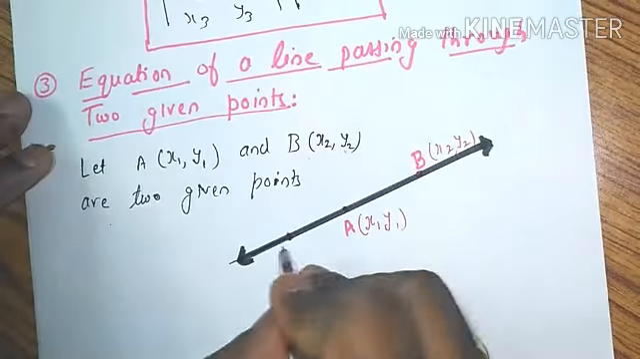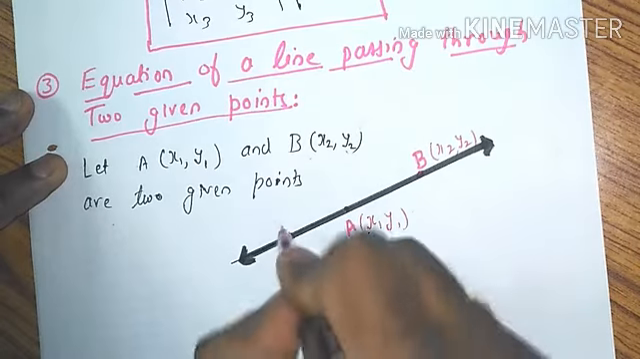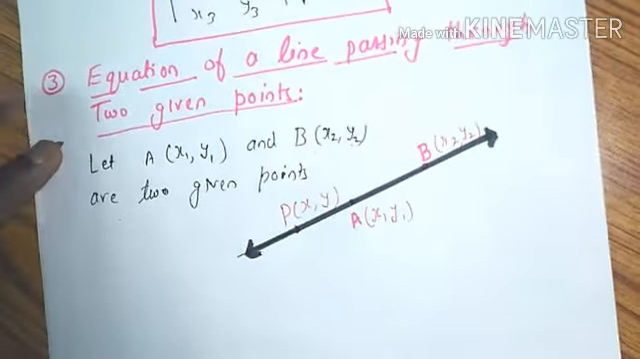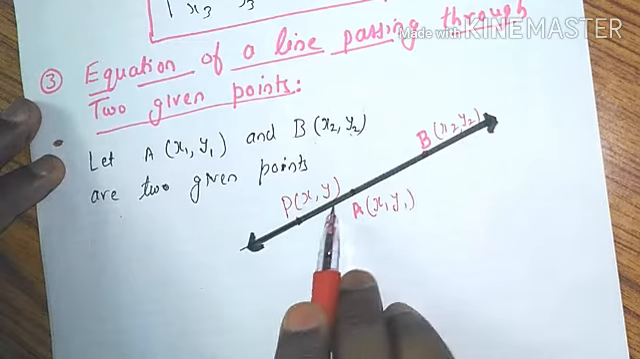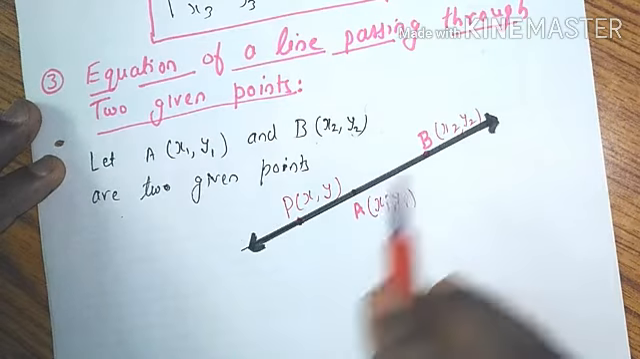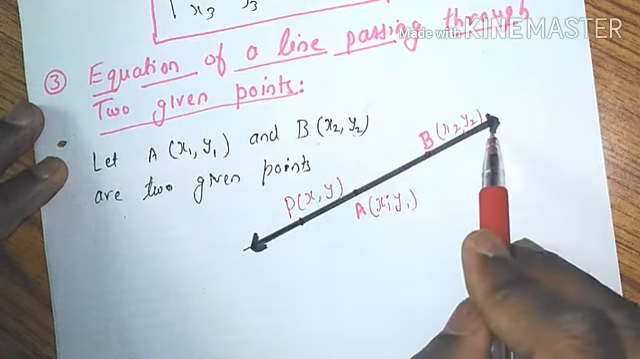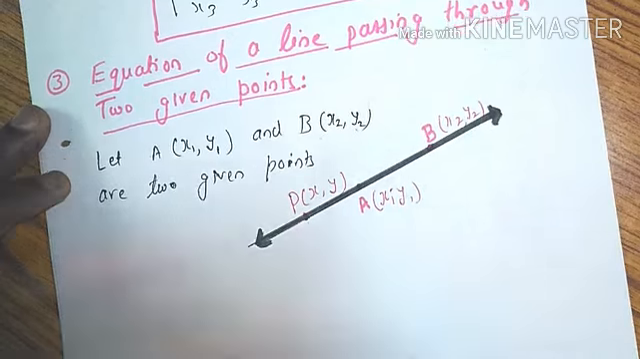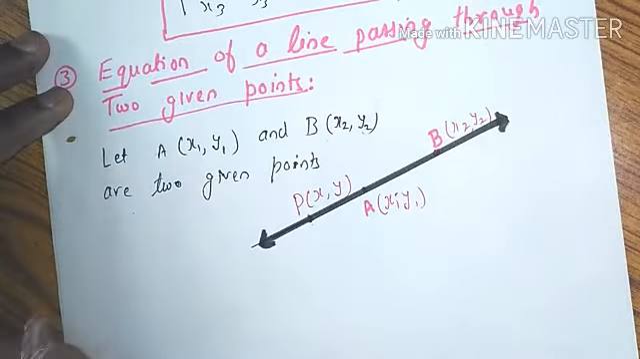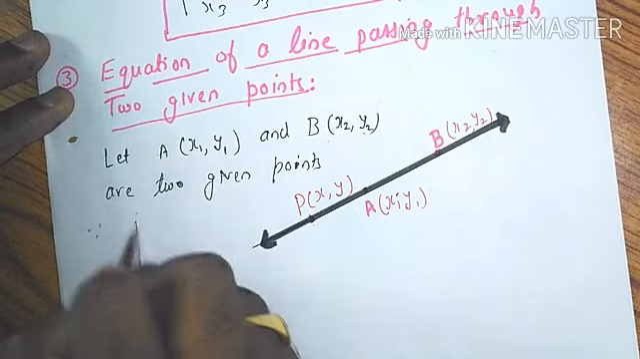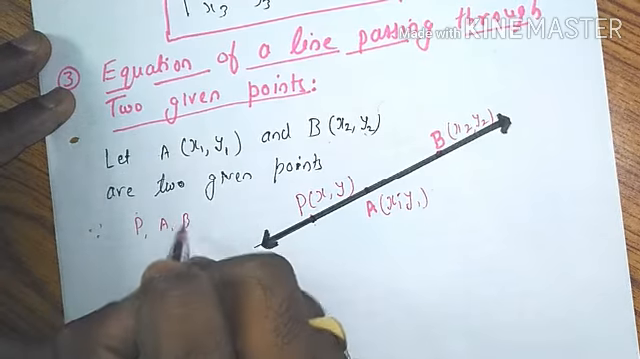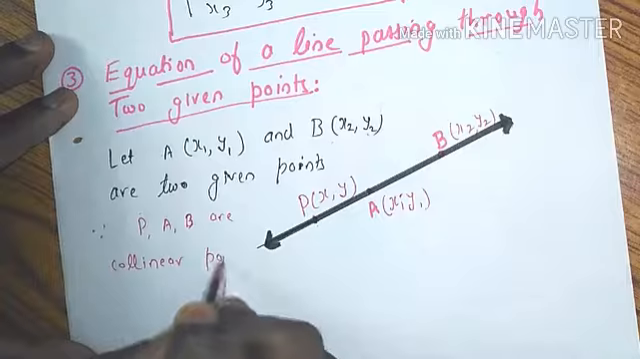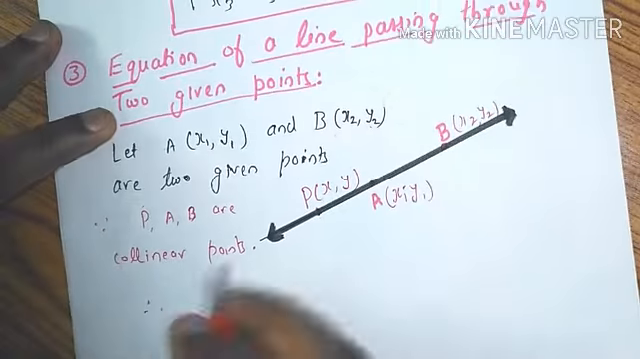So for this we will take a variable point. Suppose I take a variable point P with the coordinate x and y. This is a variable point, so the coordinate is x comma y. Now you can see that as these points are lying on the same line, these 3 points P, A and B are collinear, and we have just now learned the condition for collinearity. So since P, A, B are collinear points, the condition was,